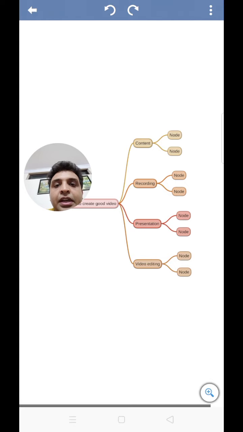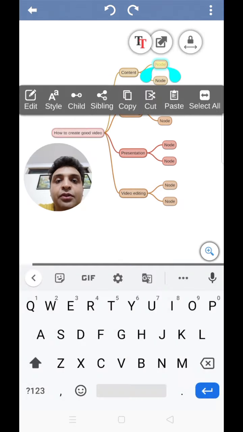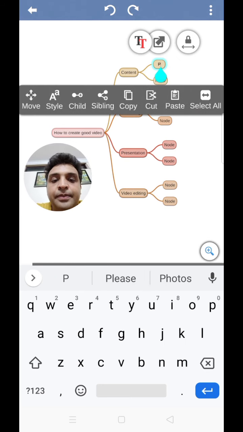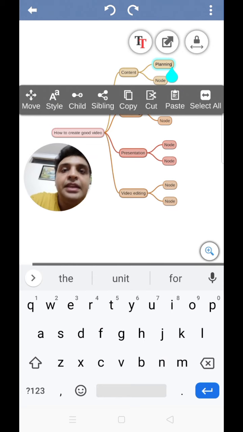Now we have to add subtopics if there are any. So I will add in content. What you need to understand is the planning, because without planning we cannot have content. And then execution.